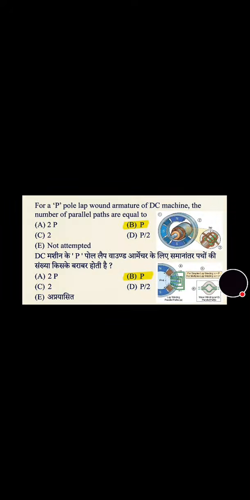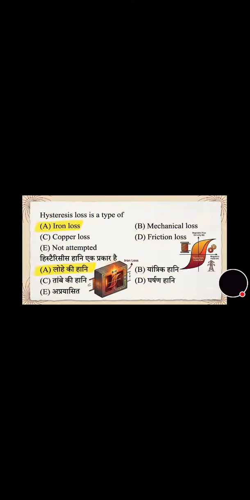फॉर ए पी पोल लैप वाउंड आर्मेचर ऑफ डीसी मशीन, द नंबर ऑफ पैरेलल पाथ्स आर इक्वल टू, इसका सही आंसर है ऑप्शन बी। अब मूव करते हैं नेक्स्ट क्वेश्चन पे। हिस्टेरेसिस लॉसेस इज ए टाइप ऑफ आयरन लॉस, मैकेनिकल लॉस, कॉपर लॉस और फ्रिक्शन लॉस। तो इसका एकदम करेक्ट आंसर है आयरन लॉस। थैंक यू फॉर वॉचिंग वीडियो।